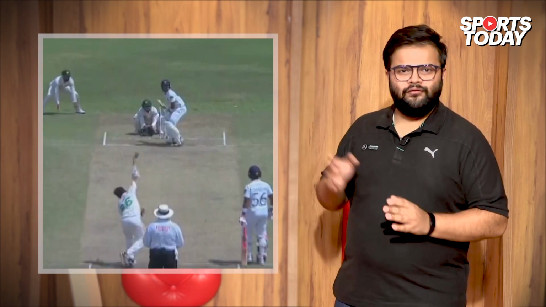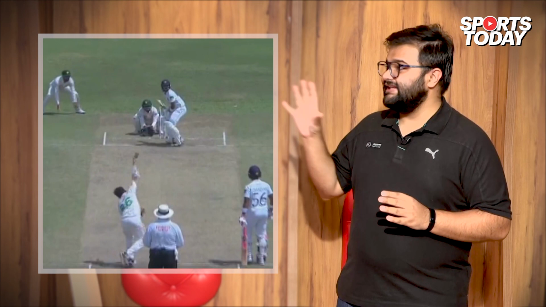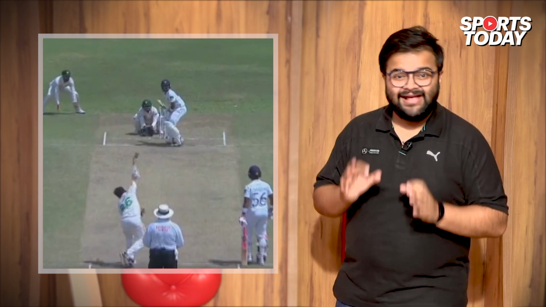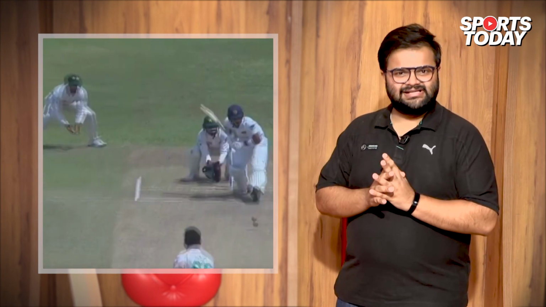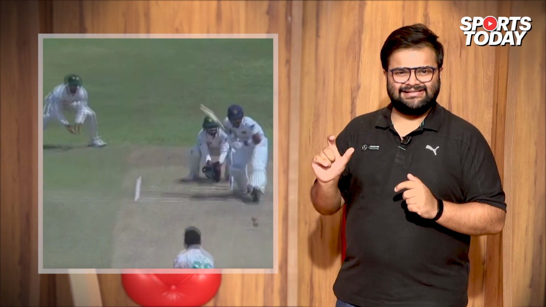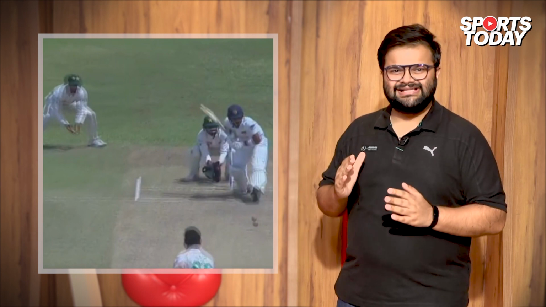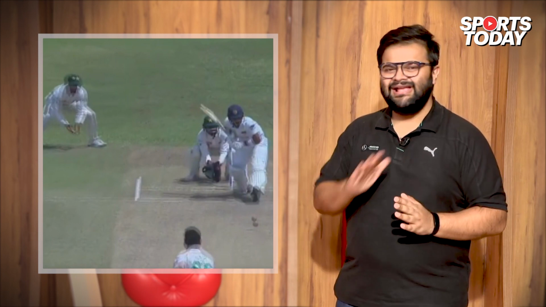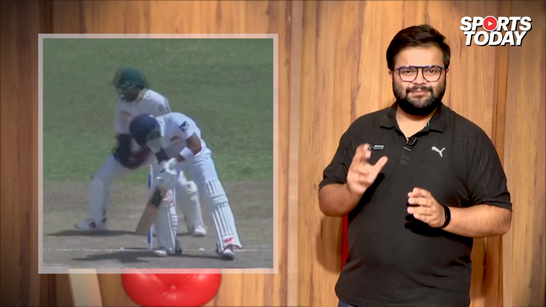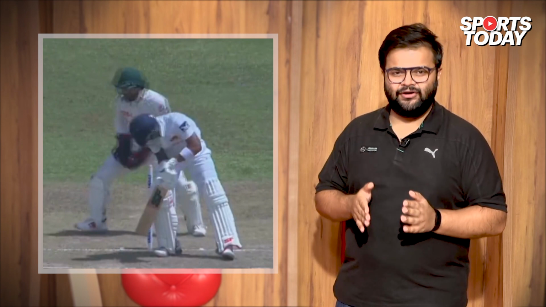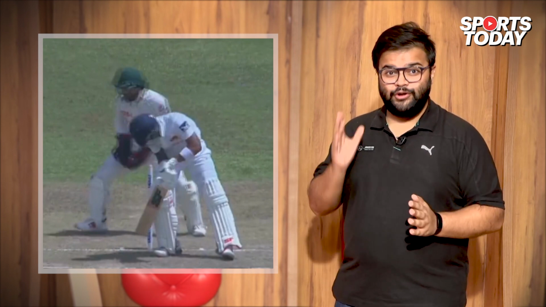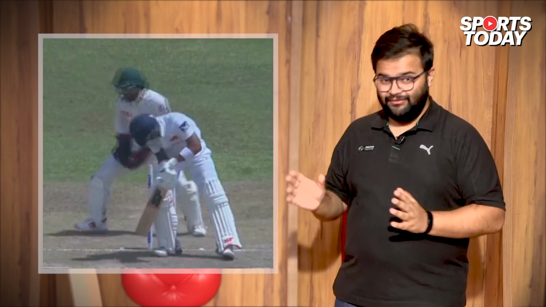Now obviously we're going to go over the basics here when it comes to how exactly the delivery went and why it is being compared to the ball of the century. Now as you can see, when Yasir first lands the ball, it lands well outside leg stump. So Kusal Mendes probably at that point is thinking, yeah, I'll play a straightforward defense, nothing major. The ball at most will spin and come towards the stumps, and at least he thought that he would have all bases covered. However, his straight batted shot proved to be no match because there was so much zip in the ball that it ended up spinning viciously away from him and it ended up clipping the top of